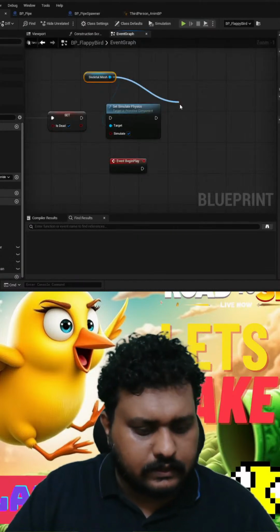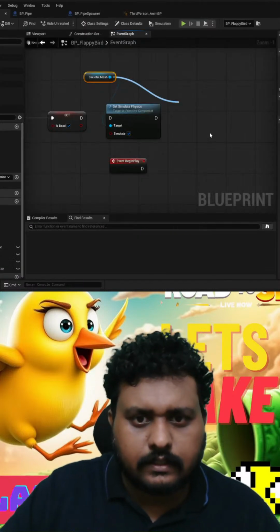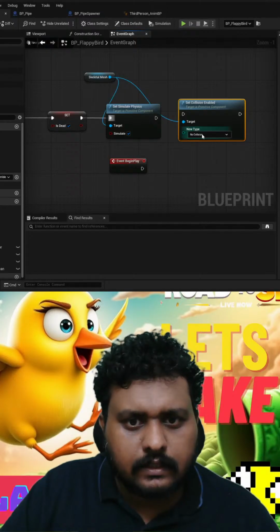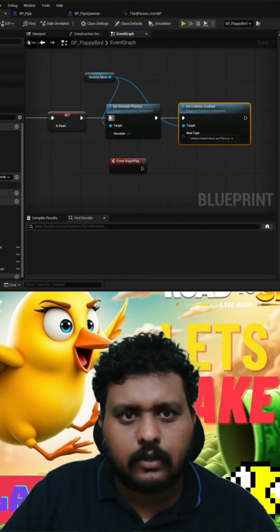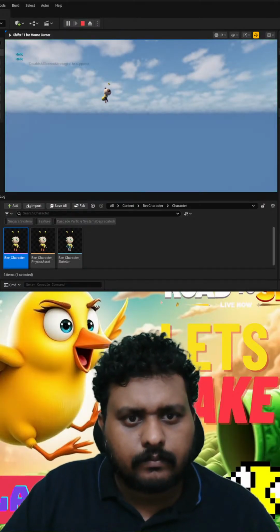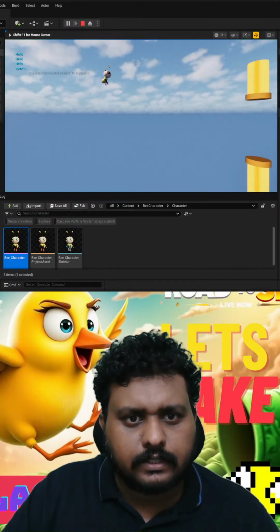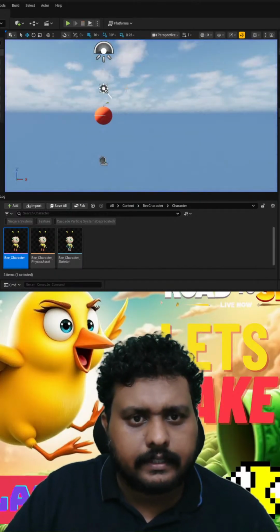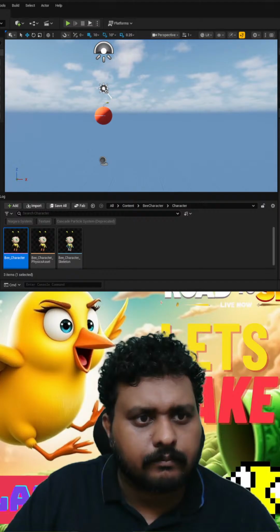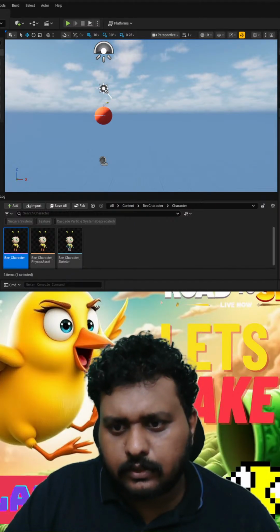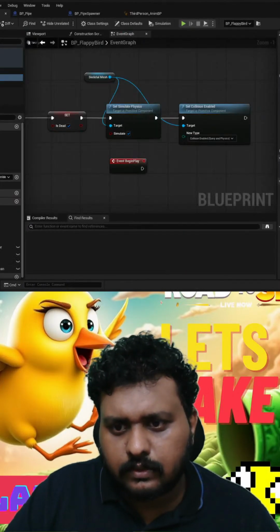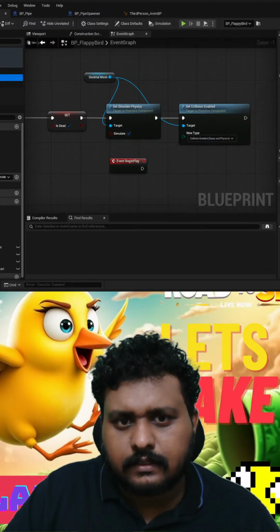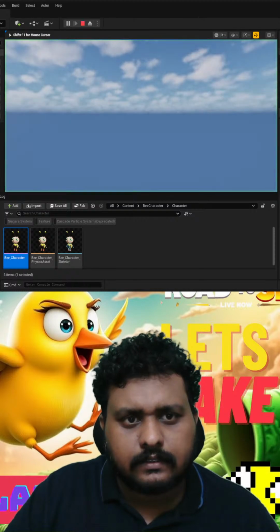Let's call set collision enabled. Let's set it to collision enabled, and let's see how that is. If I'm supposed to hit somewhere, then something should happen. Yeah, I think that's pretty decent. Did I actually change to ragdoll from its own ragdoll? I think